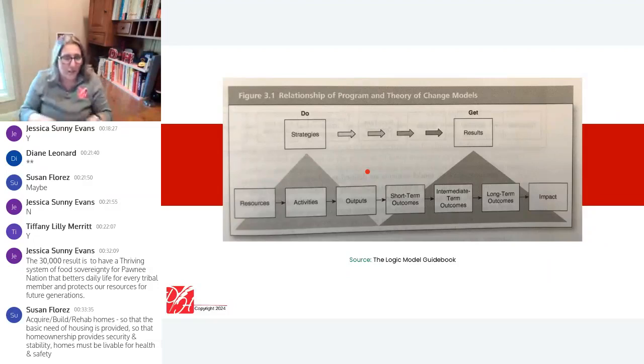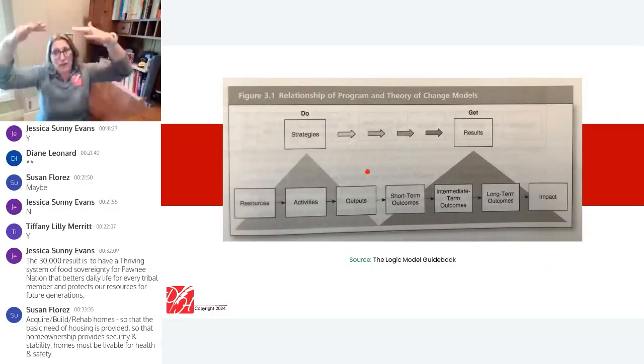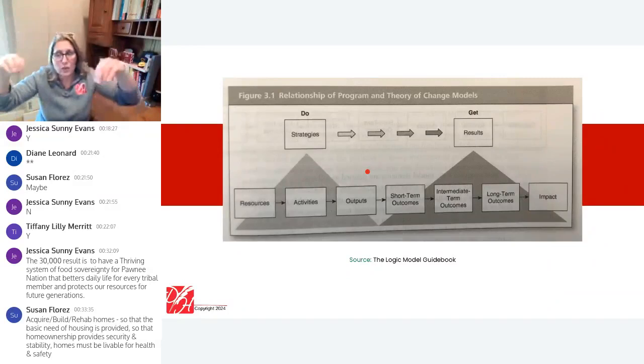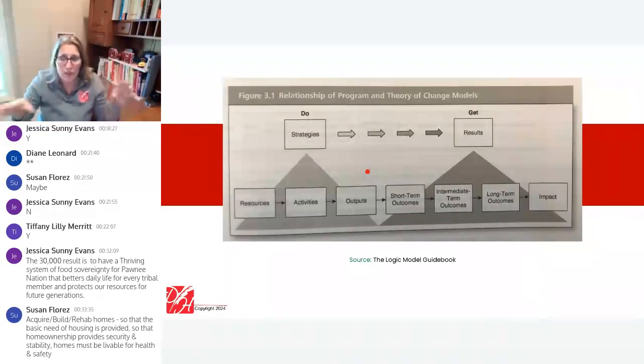And this image, the other cited piece from my favorite book here, the Logic Model Guidebook, is what made me start to talk about the 30,000 foot versus the 10,000, because to me, these look like very tall mountains. And so the idea is that we're way up there in the clouds with our theory of change, our do and our get, our strategies and our results. And as we start to climb down the mountain, we're not on the ground yet. We're not on the day-to-day operations, but somewhere about 10,000 feet, we get to our program logic model.